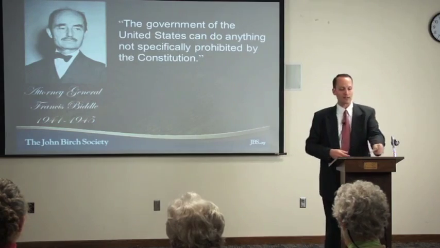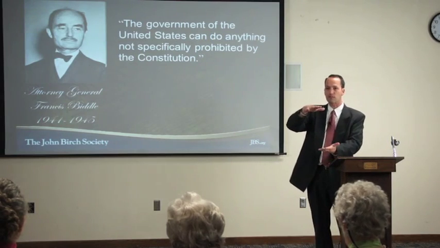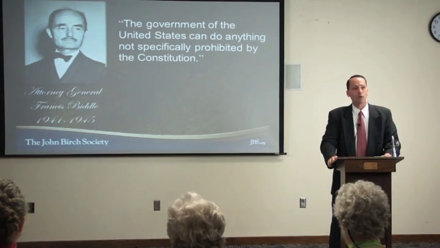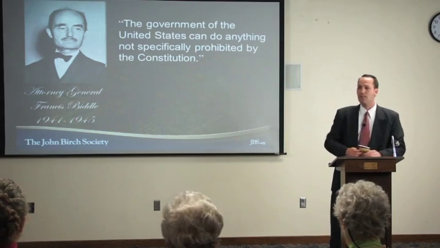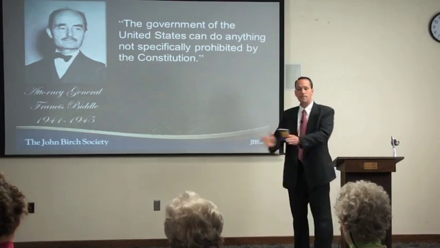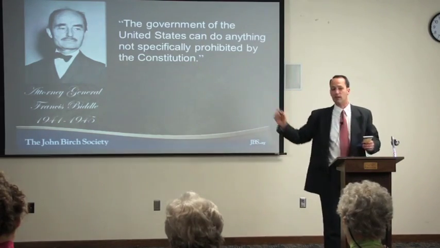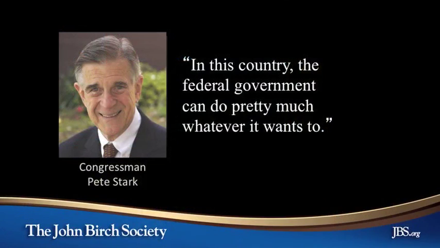It would probably be a lot more like the size of most of the bills they're passing today, where it takes reams of paper to print it. And no one would know what it said, and no one would be able to read it. Wisely, they chose to simply list those few powers you do have, and if it's not on the list, you can't do it. So he's clearly reading the Constitution in reverse. And of course, Congressman Pete Stark, just to bring things to modern day, this idea still persists. In this country, the federal government can do pretty much whatever it wants to. Yet again, boundless or few and defined. That's clearly boundless power, isn't it?